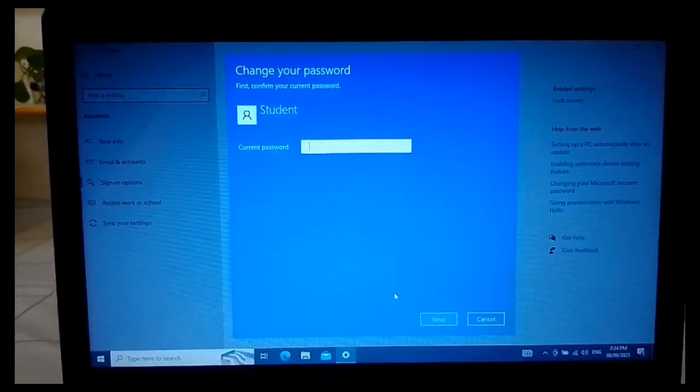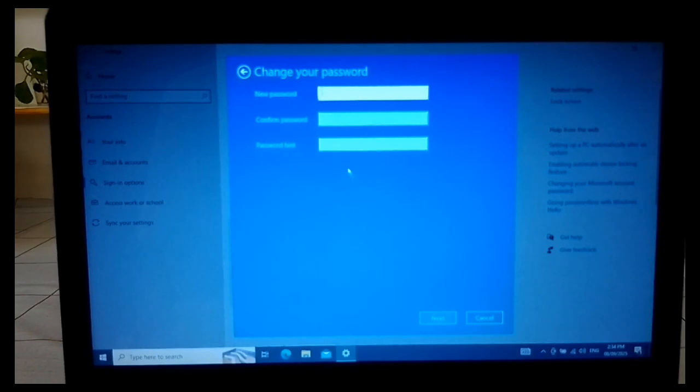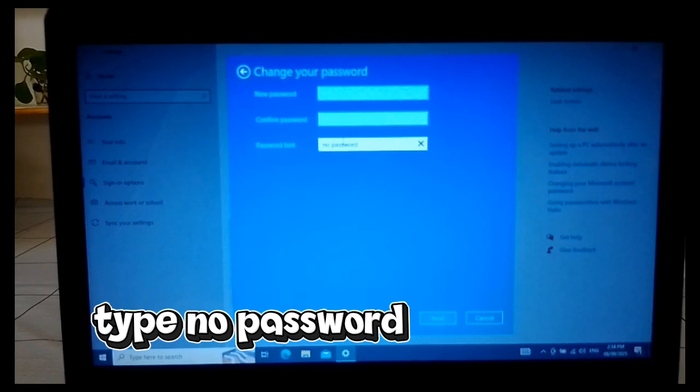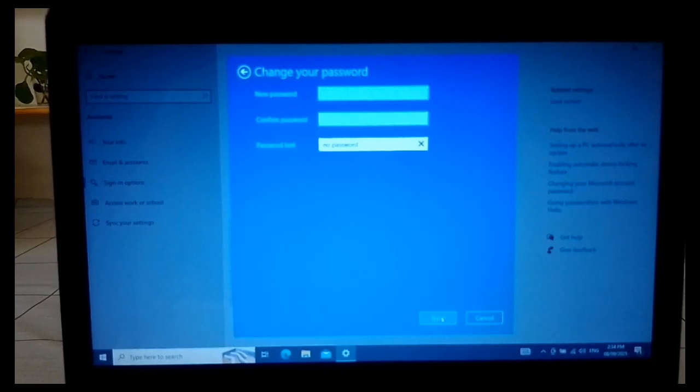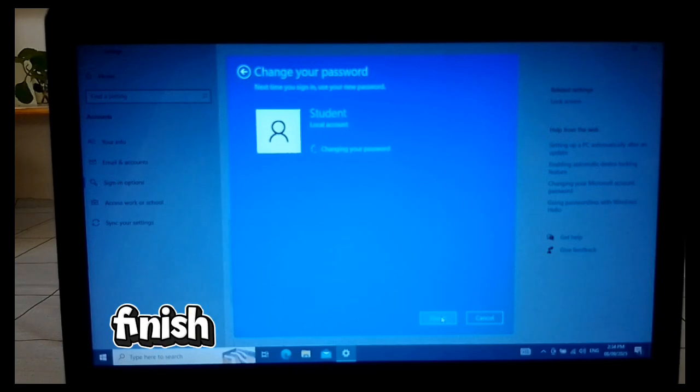Then type your current password, then next. Then for the new password, leave it blank, no password. Next, click next, Finish.